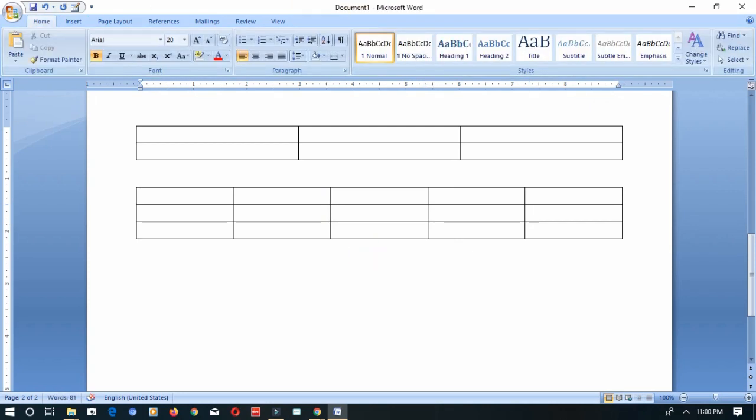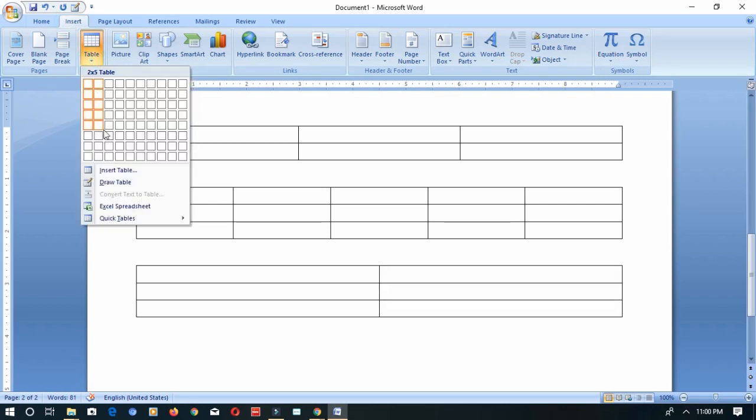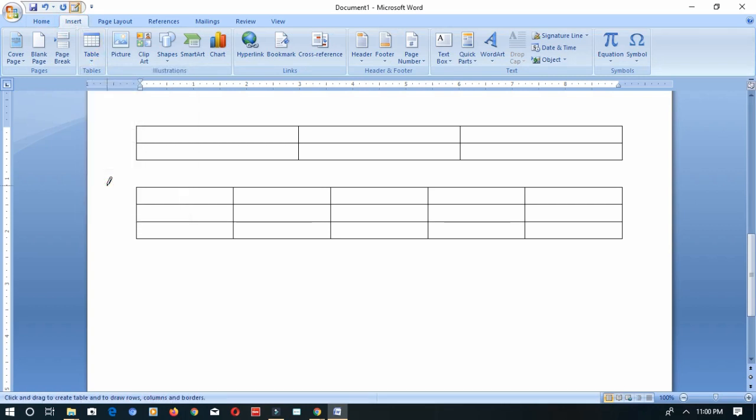Next is draw table option. So we can draw your table also using the draw table option. Go to the insert tab, tables group, table button. From there you can select the draw table option. You will see a pencil like symbol which is used to draw your table. Just click your left mouse button,